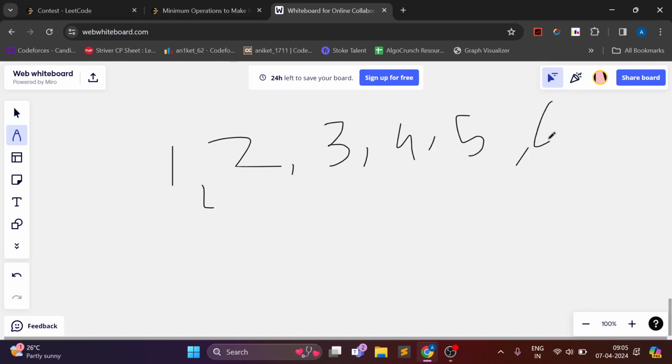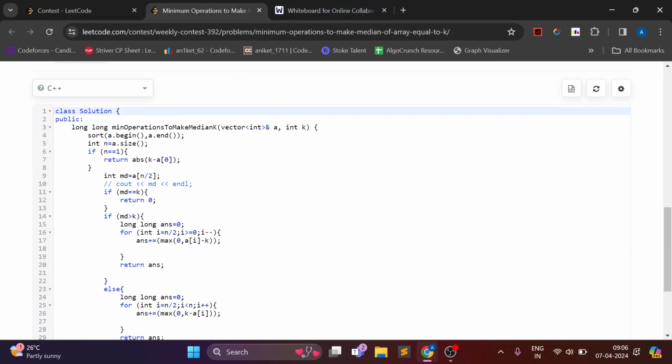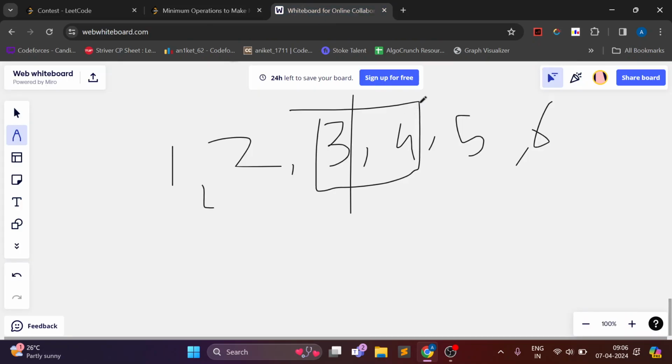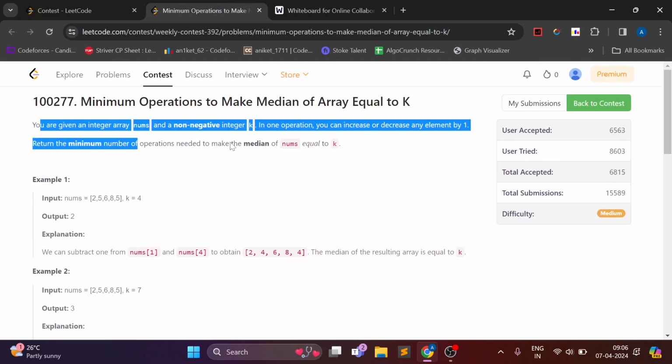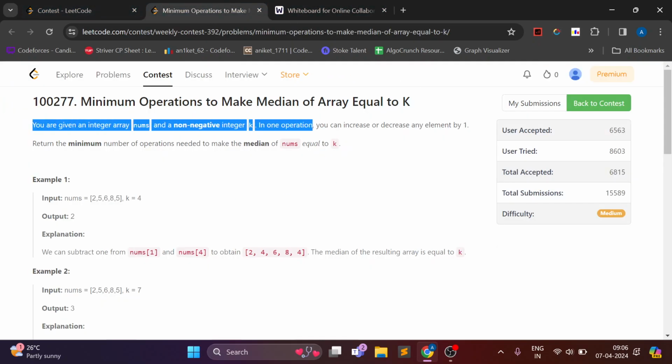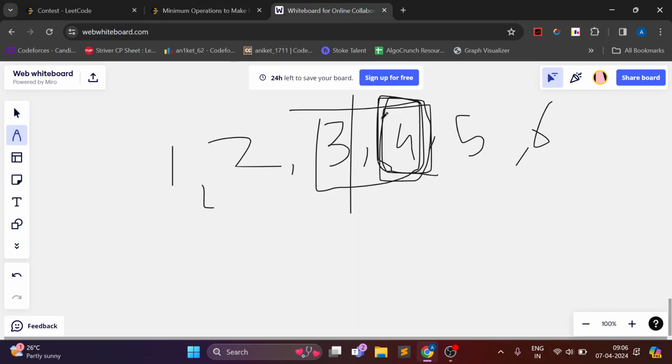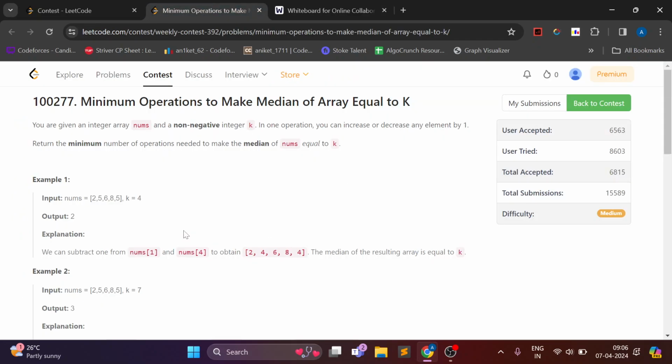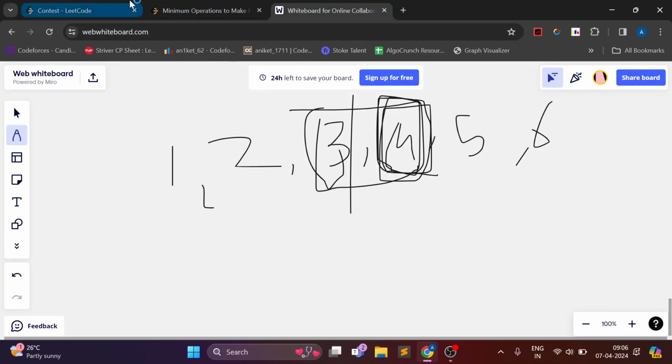So for 5 6, I think I considered both of them and calculated the minimum answer for each one of them, but when I saw where I'm getting the wrong answer, they are considering the answer only by this right side element in an even size array. I think they should have mentioned it here, because on Codeforces, if you find such a question, they will just mention which median you are considering, either this or both, but they didn't mention it. I thought we were considering both,